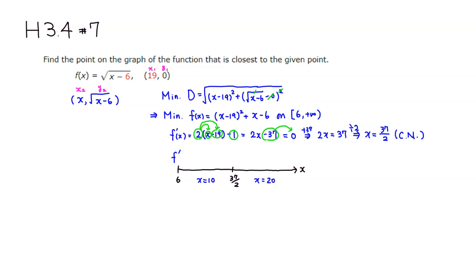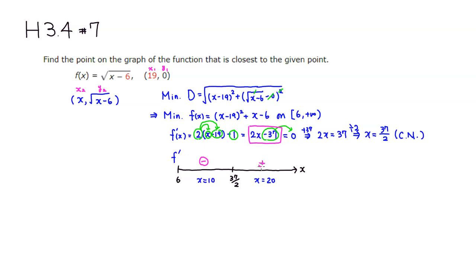Then we're going to look at the sign of the derivative, and this is the simplest derivative right here. If you plug in 10, you have 20 minus 37, which is a negative number. If you plug in x equals 20, 2 times 20 is 40, minus 37 is actually